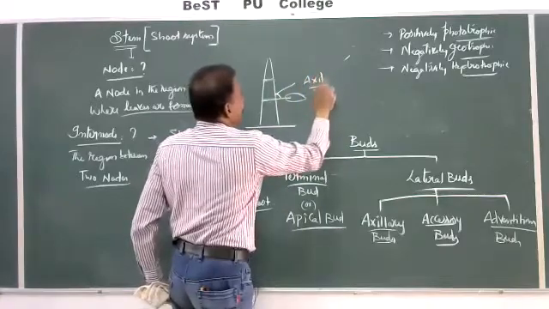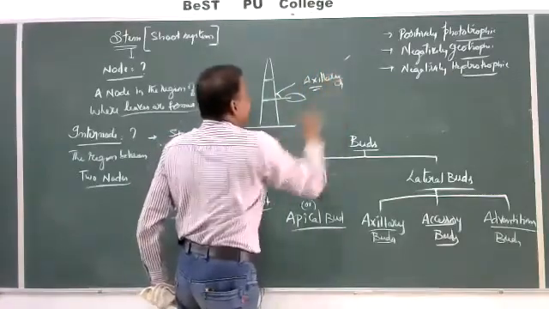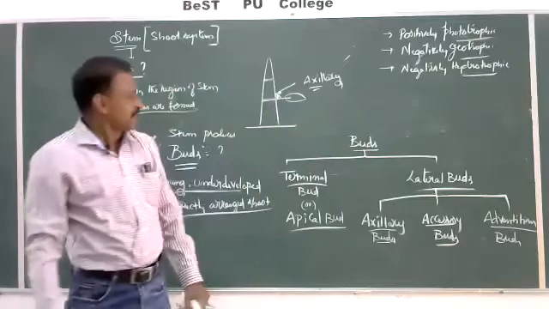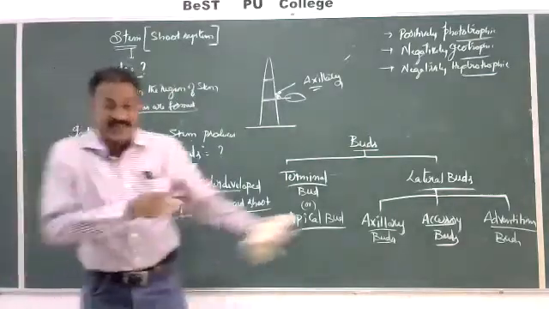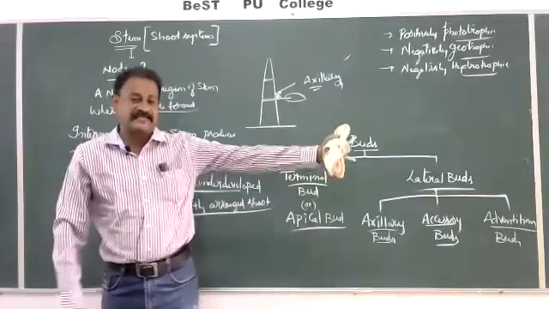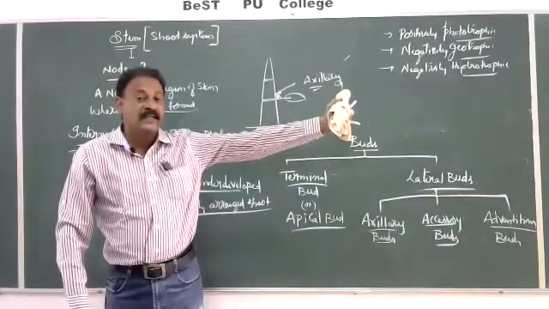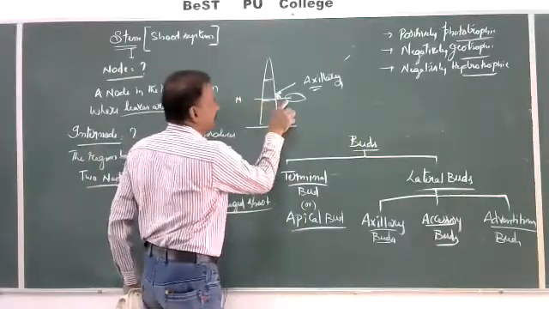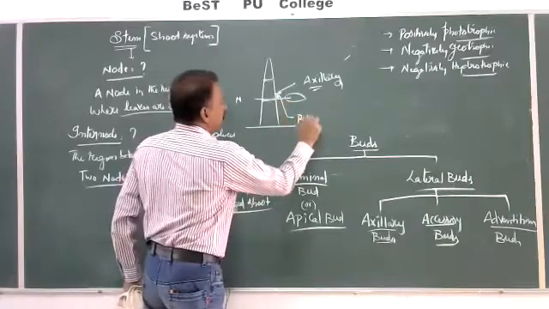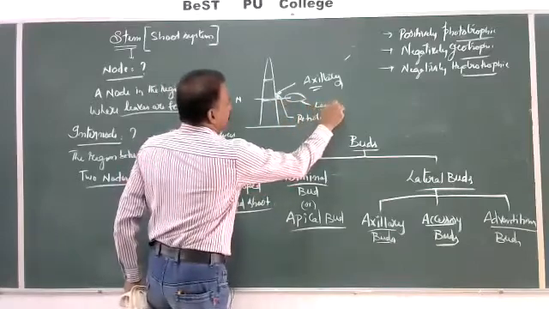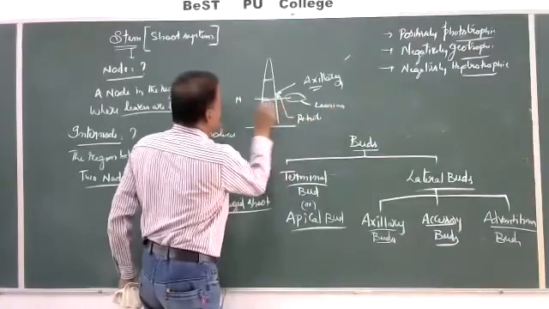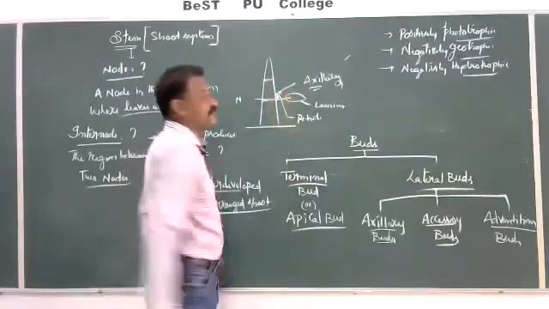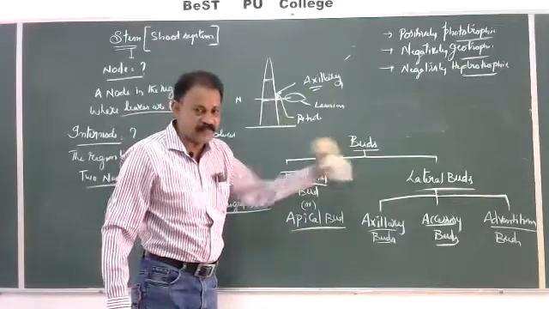If any bud develops in the axil, such bud is called axillary bud. What is axillary bud? Axillary bud is lateral in position, and exactly its position is at the node. What is node? A node is that region where a leaf originates, and leaf has petiole and lamina. The base of the leaf is attached to the node, and the upper angle between the stem and petiole is called axil. If a bud develops here, it is called axillary bud.